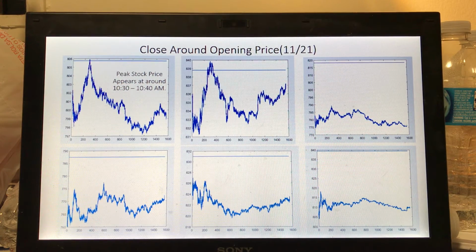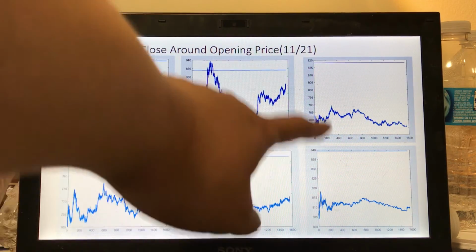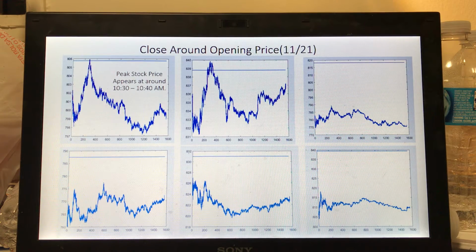Some of them you see that this can be a very disastrous day. The share price opened at least 4% down, and this is almost a 5% down. And in this case, if this happens, there isn't much you can do. You will definitely not expect the share price to recover. Just sell your asset and wait for the next opening.